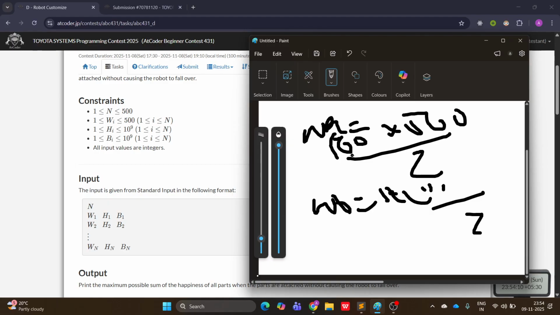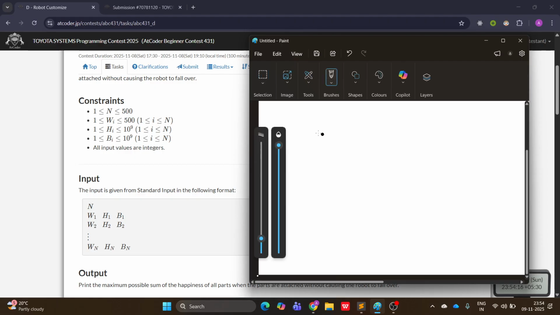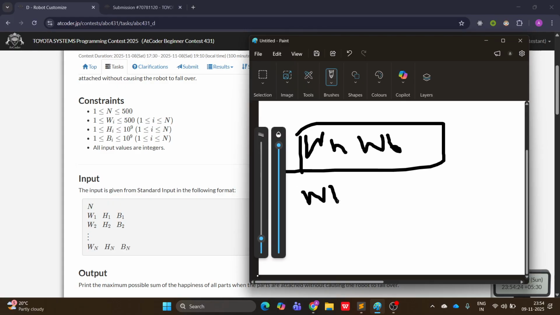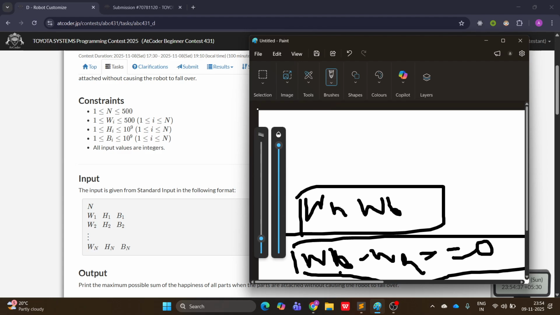Now the other way of doing this is that I do not care about the diff, like I do not have to monetarily create weight of head and weight of body. In the end, what I just want is that the weight of body minus weight of head must be greater than or equal to 0. All right, then the condition is justified. So what we can do is